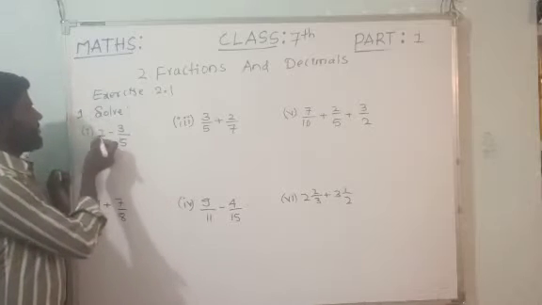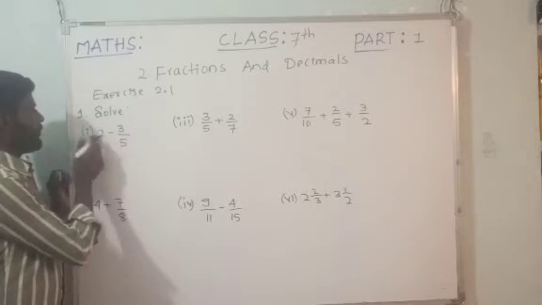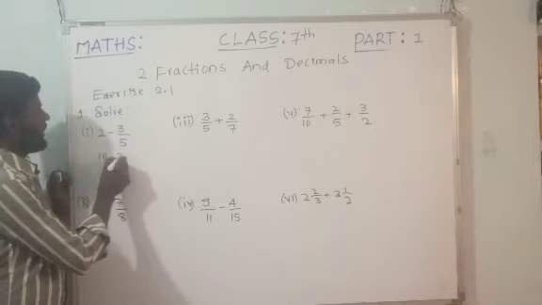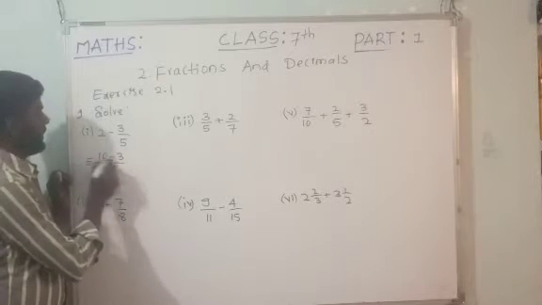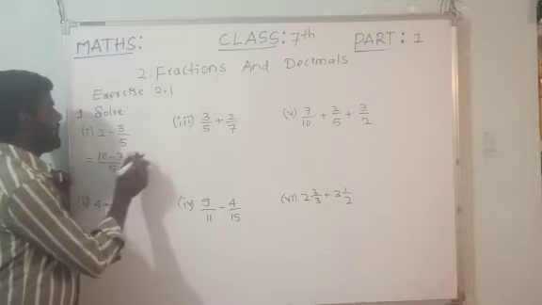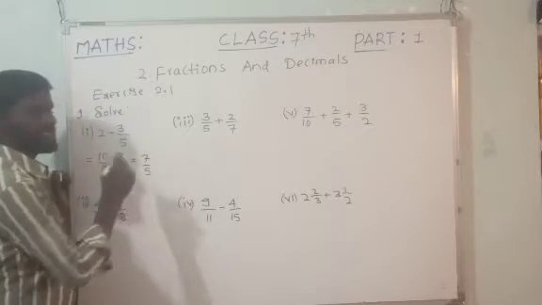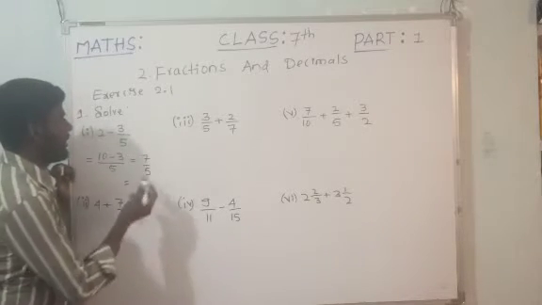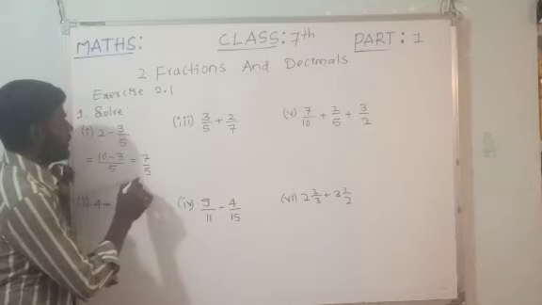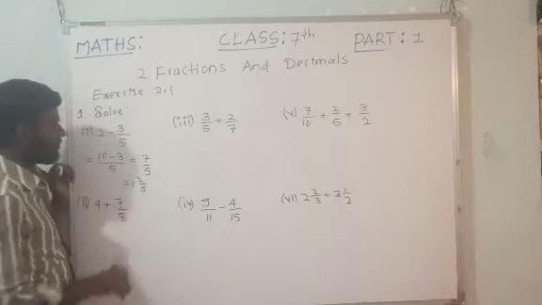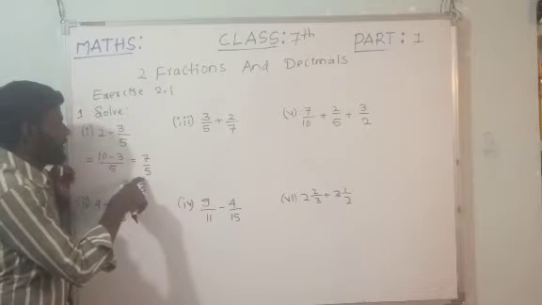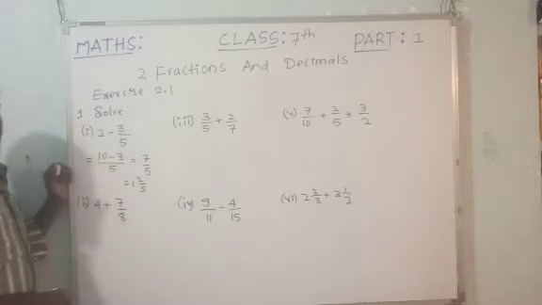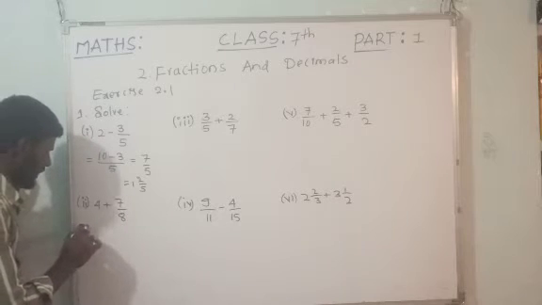In that, sub question number 1, 2 minus 3 by 5. Here just cross multiply, that will be 2 5s are 10, minus 3, divided by 5. Then 10 minus 3 means 7 by 5. I will keep this answer in mixed fraction, that is 1 whole 2 by 5. 5 ones are 5, 5 plus 2 is 7, 7 by 5. Okay, let us see the next question, number second.